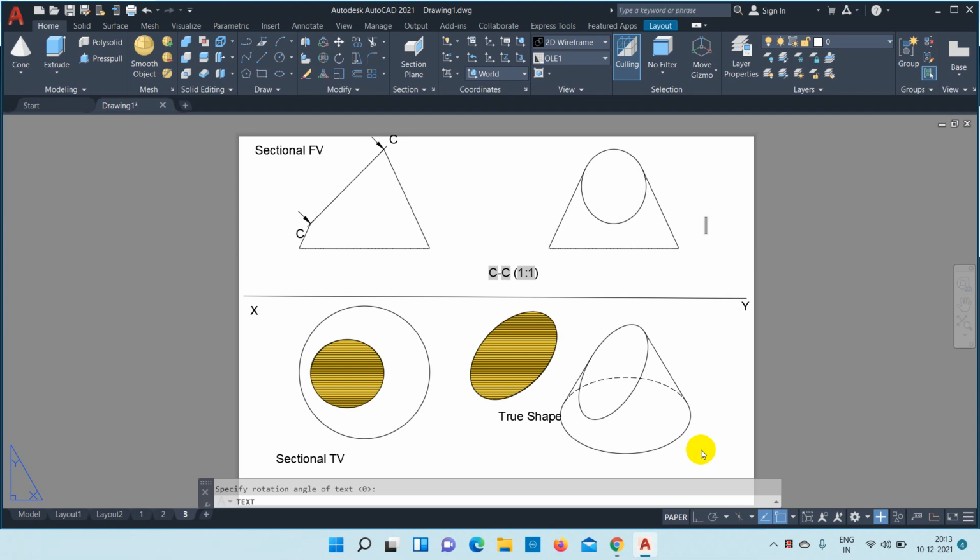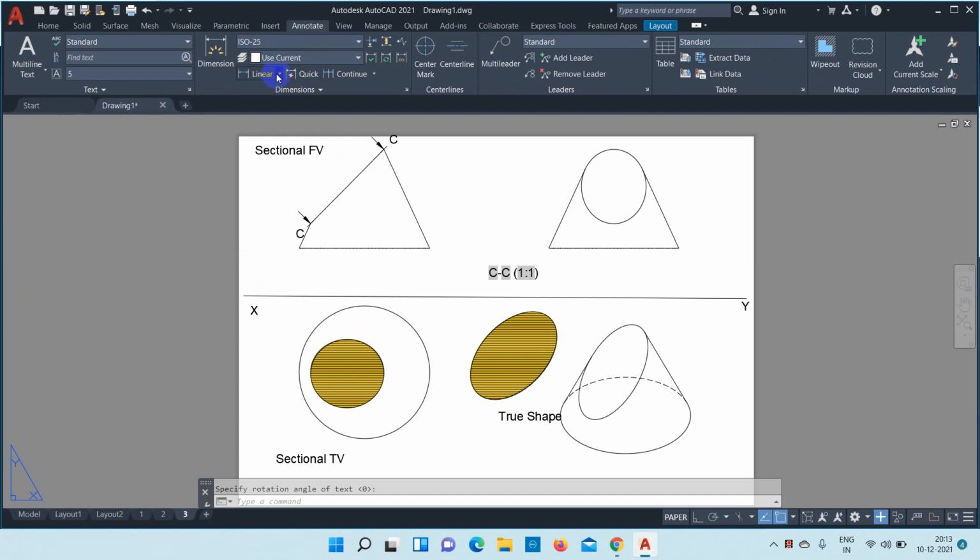So this is how we have to write the details, and you can give the dimensions also. Click annotate. So this is how you have to do the section of solids using AutoCAD software.